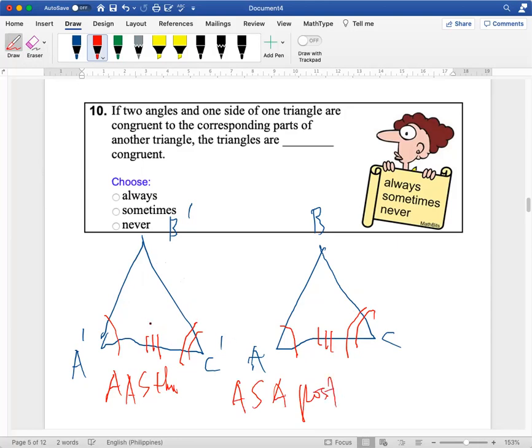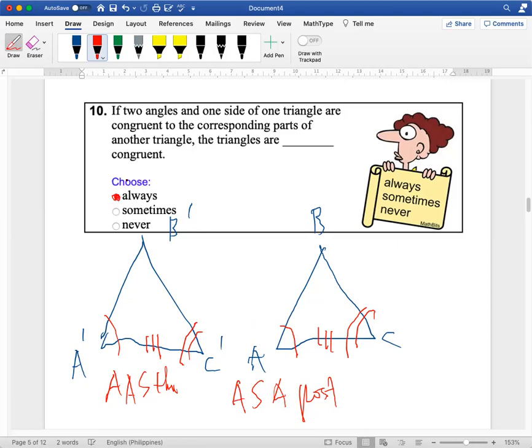Which means, guys, that these triangles are always congruent, even if we place the corresponding congruent sides anywhere else in the triangle. So case 1, it's true by AAS. Case 2, it's true by AAS again. And case 3, it's true by ASA. So it's always